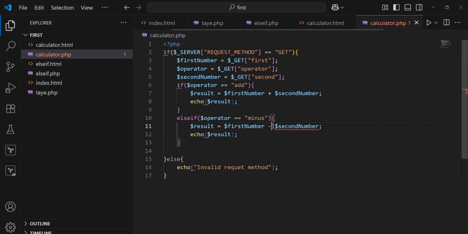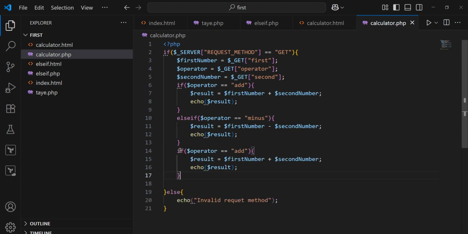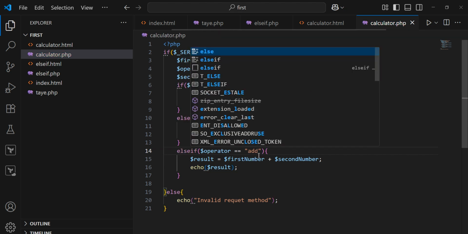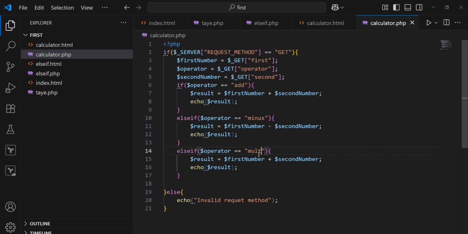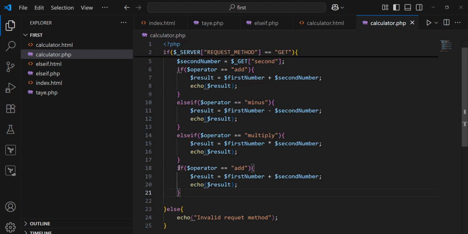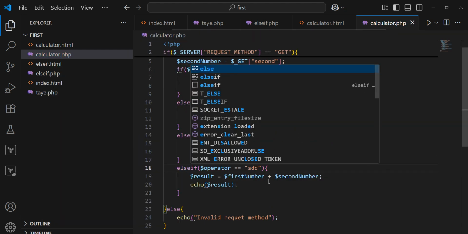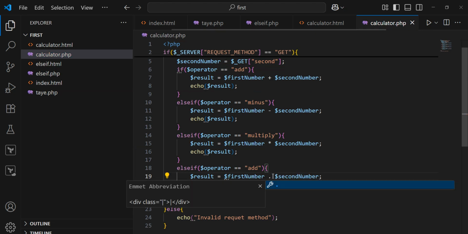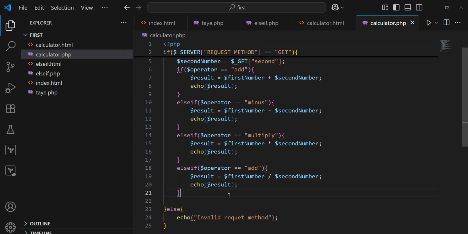This will be minus, copy, paste. Now in case it's none of them, okay, divide. Well, in case it's none of them,